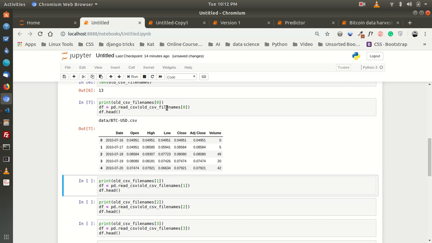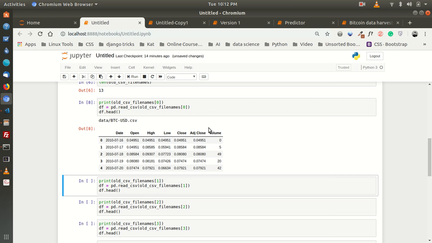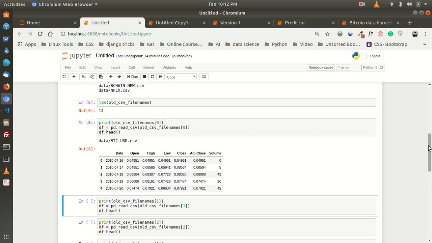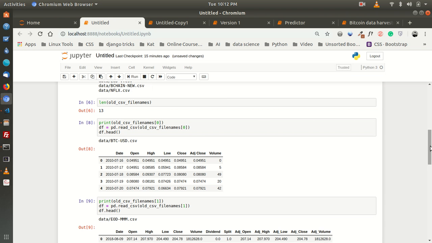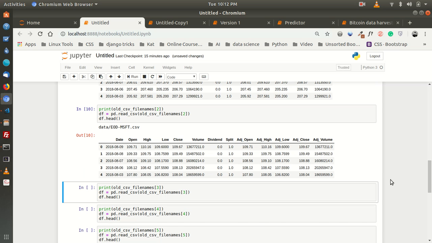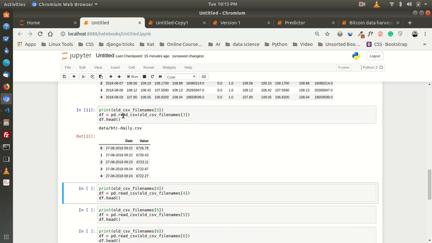And in this one you have open, high, low, close, and adjusted close. The next one, and you can even see the name of the data frame. The first one was BTC USD, so that was the Bitcoin USD value. Second one here we have EOD MMM, which stands for some other abbreviation for a company. EOD MSFT, another abbreviation for another company. Moving downwards, you see others like Bitcoin Daily,